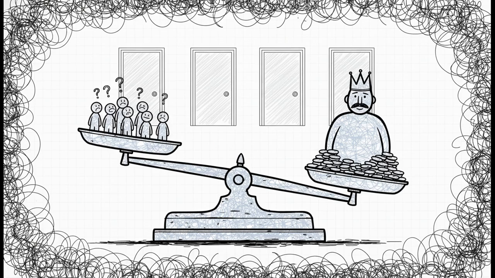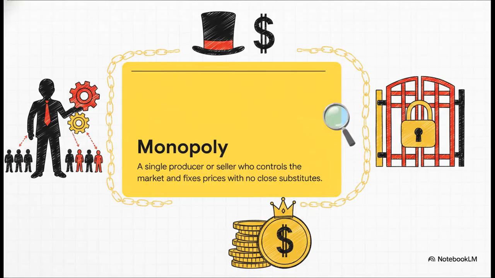This happens when the balance of power breaks down. Maybe there's a lack of perfect knowledge, a weird maladjustment in demand, or just specific single actors rising up to distort the whole system. The source text breaks these imperfect setups down into 4 distinct chambers. The most infamous of these is, for sure, the monopoly. Here, a single producer or seller holds literally all the cards. There are zero close substitutes for their product, so they completely control the market supply. And since they control the supply, they have the ultimate power to fix the price for everyone else.